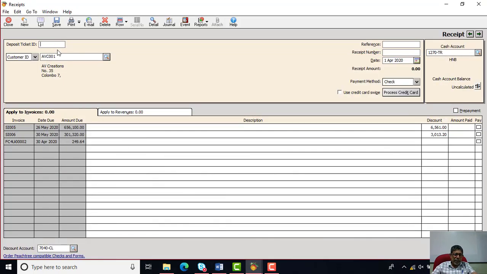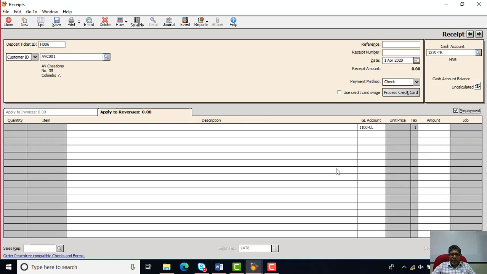Reference number is going to be H006, and then we are not going to pay these outstanding bills. We are not going to sell any item to this. This is going to be the prepayment recording. Then you should click the tick prepayment box, and that will change your window, and you should now enter only